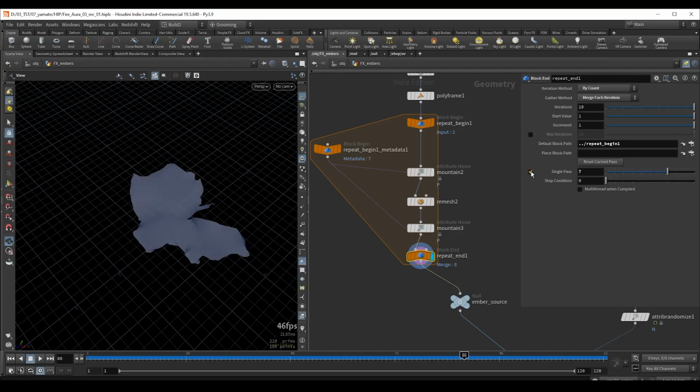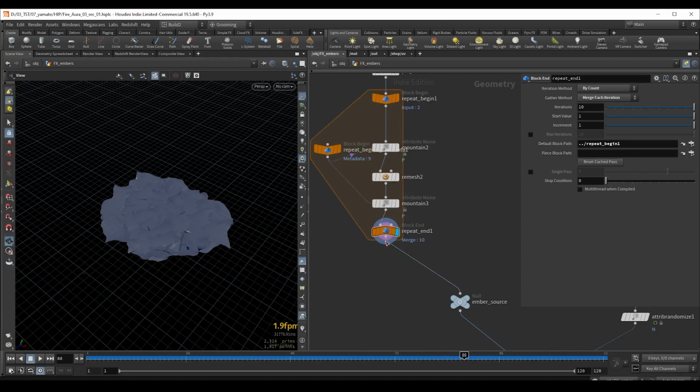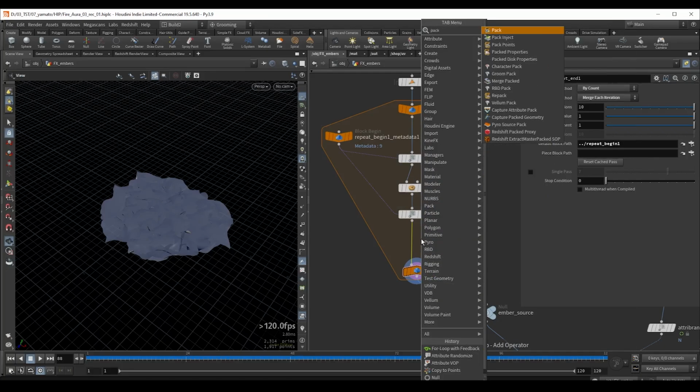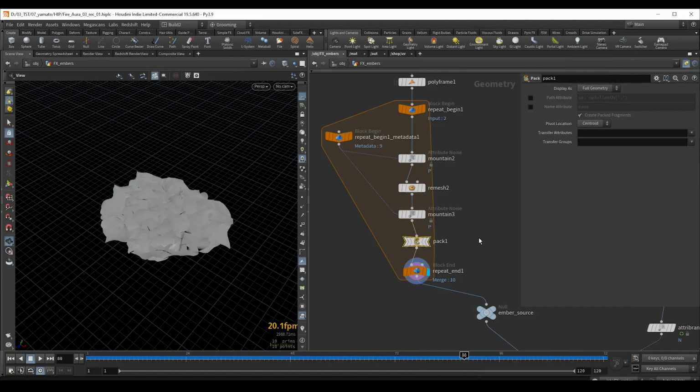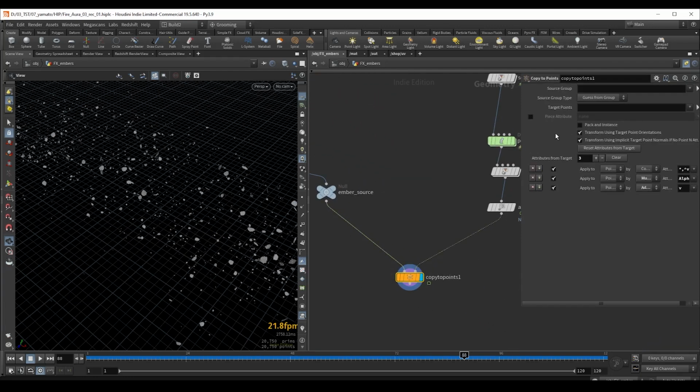Alright, so I will turn off single pass, and in order to randomize this shape for each particle, we will have to work with packed geometry. So also before the end of this for loop block, I will drop down a pack here as well. So now these are packed, and we see that we have only 10 points here, so 1 point for each of our variation. And now in our copy to points, we can use this piece attribute option here to randomize the shape for each of our particles,